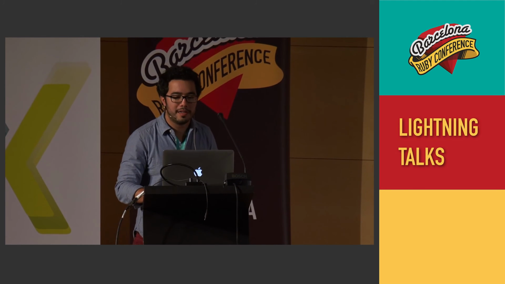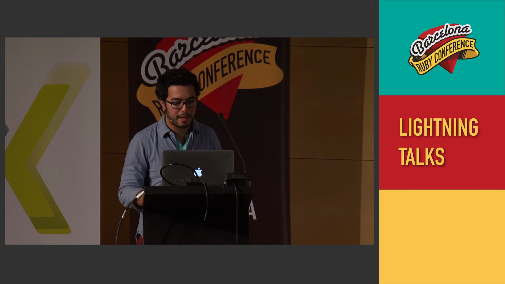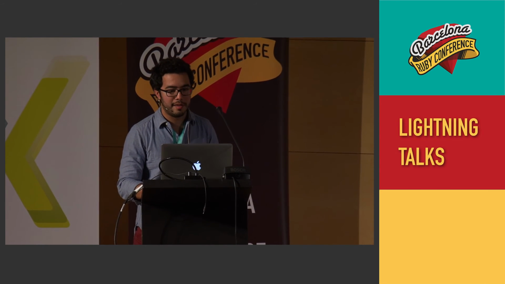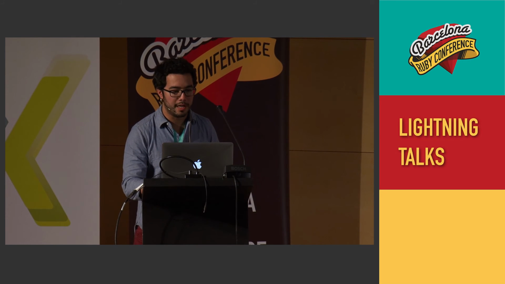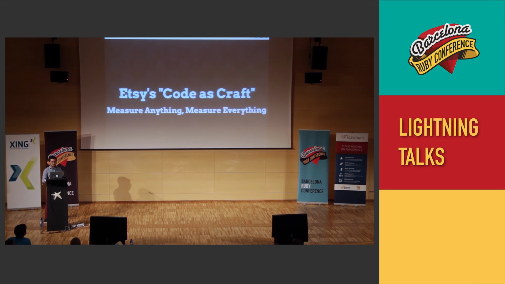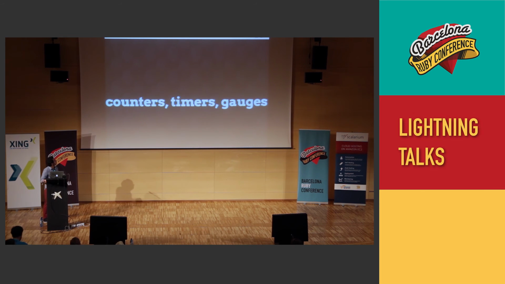I want to talk about a project I started open source recently. It's called Aston, and it's an alternative to StatsD and Graphite. For those who don't know what StatsD is, it's an open source project from the guys at Etsy. It all started with this post they wrote about measuring everything and anything. They wanted a very easy way to allow developers to push metrics and collect them in an easy way. So they went for StatsD, which is a